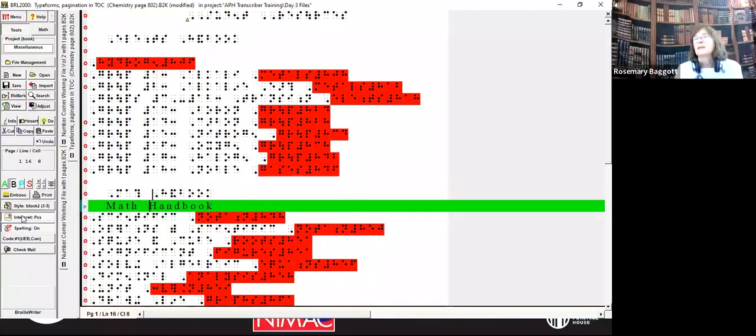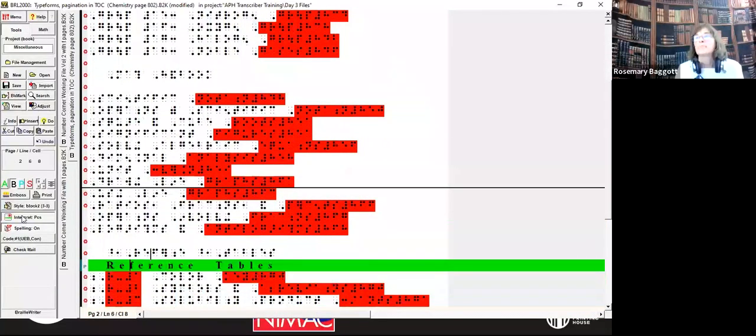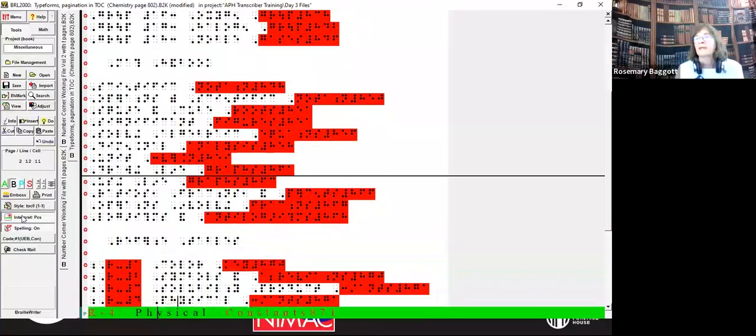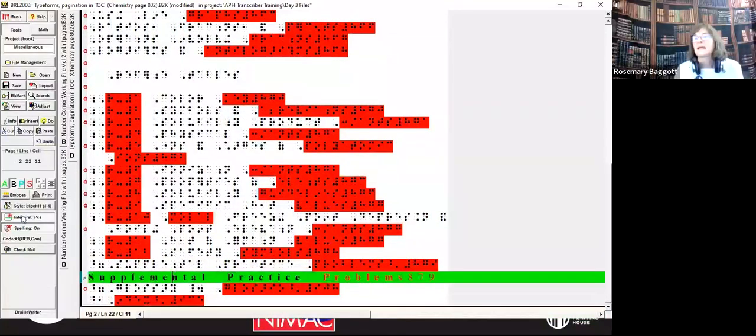Now we'll cover headings on day 4, and I would not leave these headings like this and where they're placed. But for right now, I'm just going to remove the emphasis, and it's just in the headings. Then I get to the end of the content section, and these are supplemental sections in the back of the book.